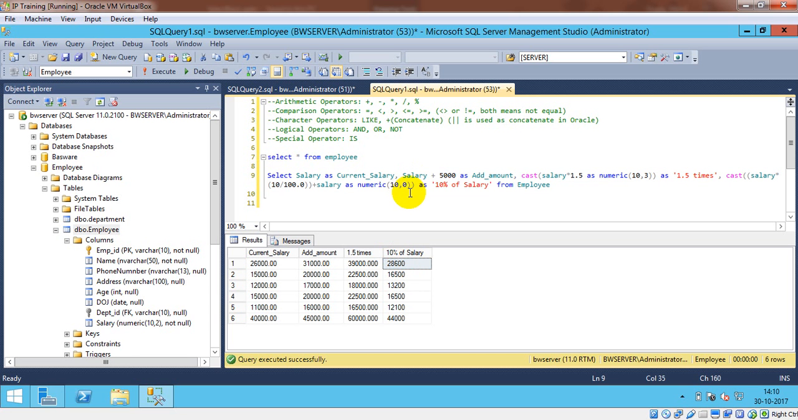This is because I used 0, so I would like to add it to 2. So I'll execute it again, and I have 28,600, or 16,500, and so on. So this is how we can use arithmetic operators with the columns. Now the comparison operators, which is very important while we're using where clause. So comparison operator, we can compare the two fields like equal to. Supposedly we want all the employees,